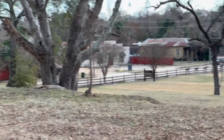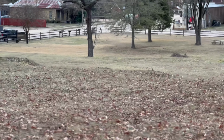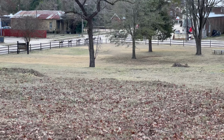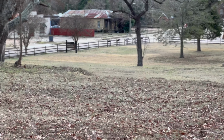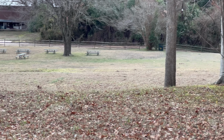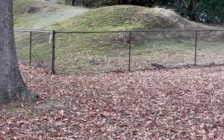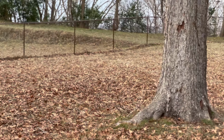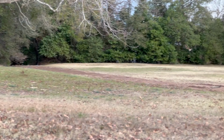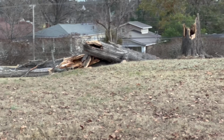We are on top of a hill, a mound at Fort Rosalie. Check the picture and you'll know. Fort Rosalie at Natchez. Yes, it was a French fort in Natchez, Mississippi. The French, if you don't know that whole thing, the French needed a great fort. The French were here, and the Natchez Indians showed up. And, well,